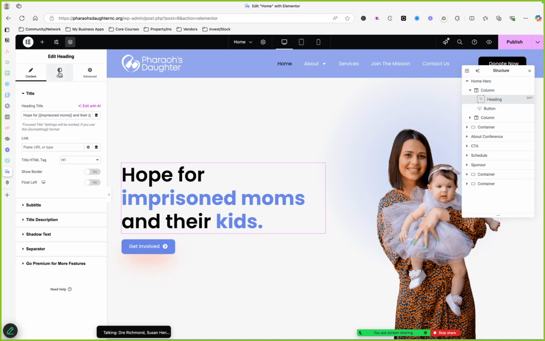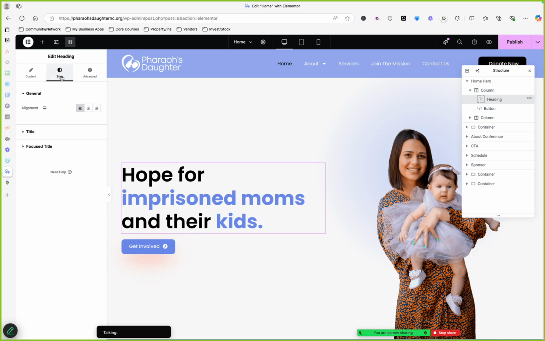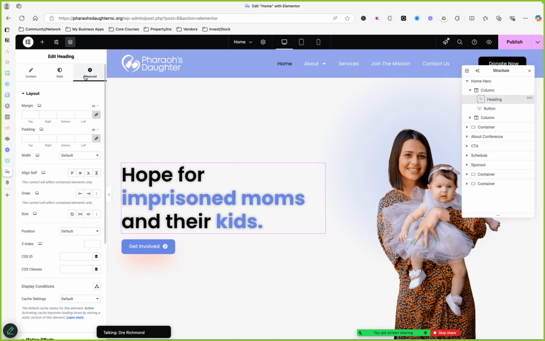And so let's say, Dre, I want to change the colors of it. You can go to style, and then you can rearrange it, center it. For the title, you can change the color here. When it says title, that's everything with the colors you want to change. If you wanted to add a text shadow, you can add it. Hover color, you can add it. And in advanced, this is where you change the